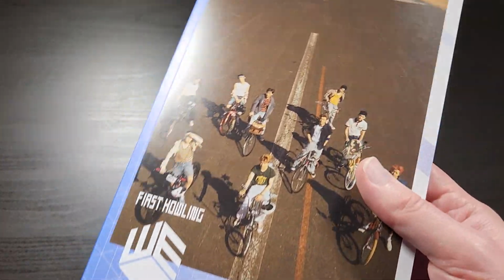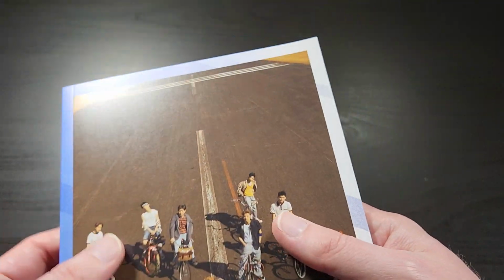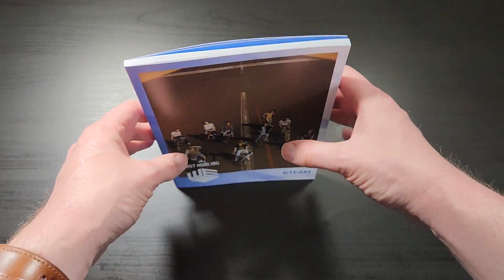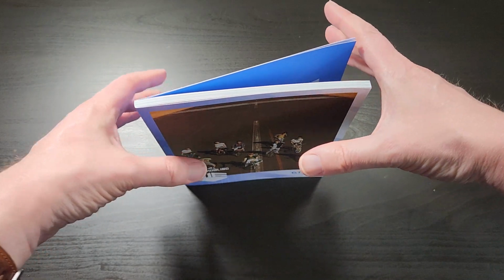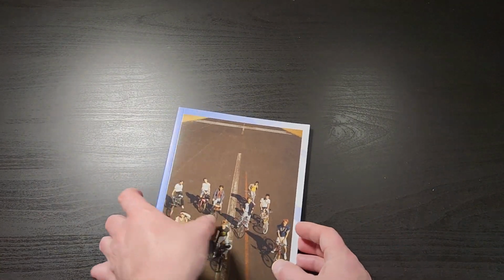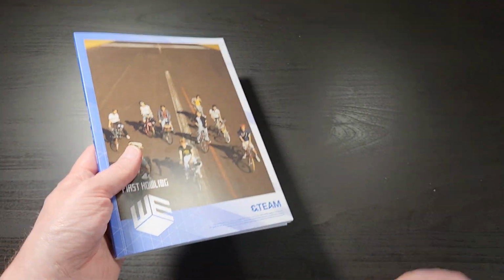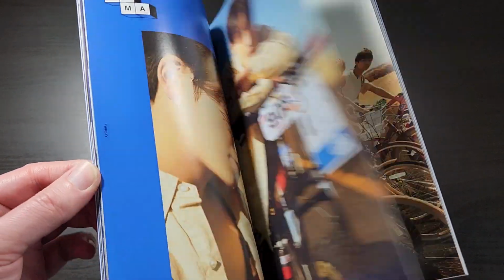I like this. The only thing I wish is that it came with a little slipcase like the first EP did, or some kind of closure clasp. Because when I put these on the shelf, they don't really sit flat, and when you put them down, they tend to open up. So if you put it on your shelf, you just have to be careful that what just happened doesn't happen to you. And also the annoying part about this design is photo cards, inserts, things like that. When it splays open, they tend to fall to the bottom, and sometimes they fall out when you pick it up. So yeah, I'm not a super fan of the open faced book design,